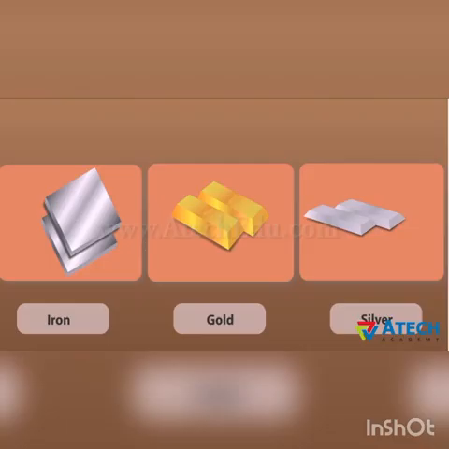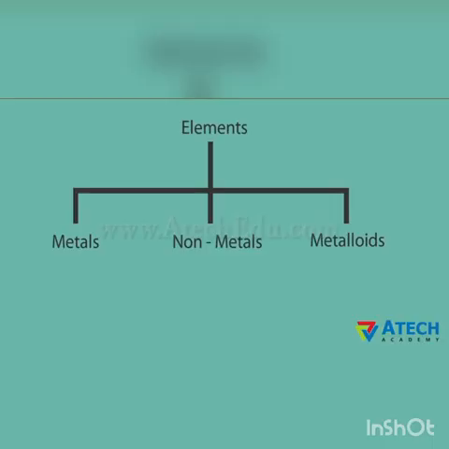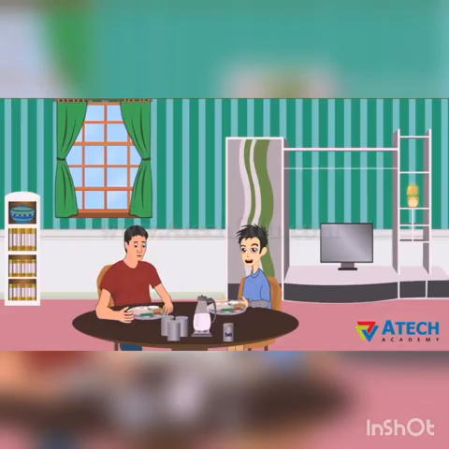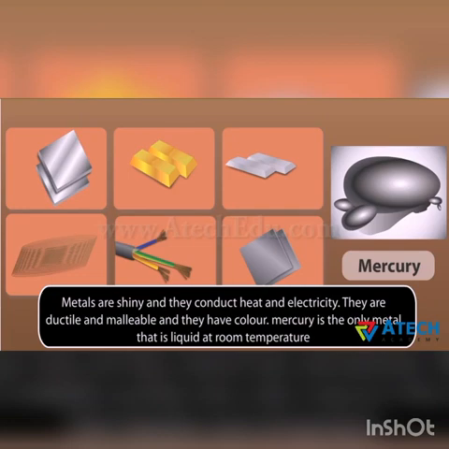Elements can normally be divided into metals, non-metals, and metalloids. What are all these? Metals, non-metals, and metalloids. Metals are shiny and they conduct heat and electricity. They are ductile and malleable and they have colors. Mercury is the only metal that is